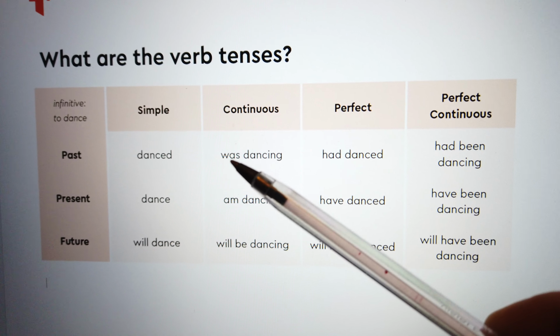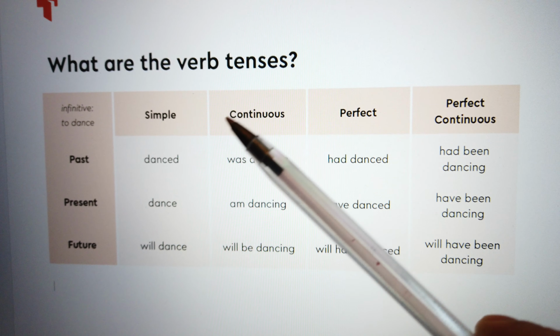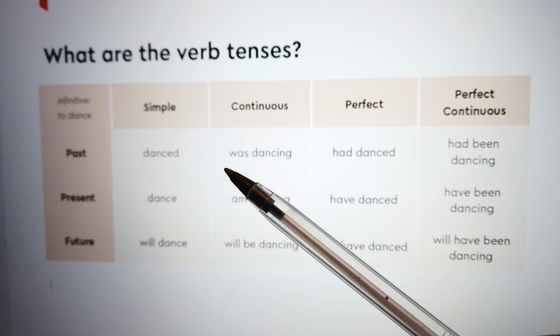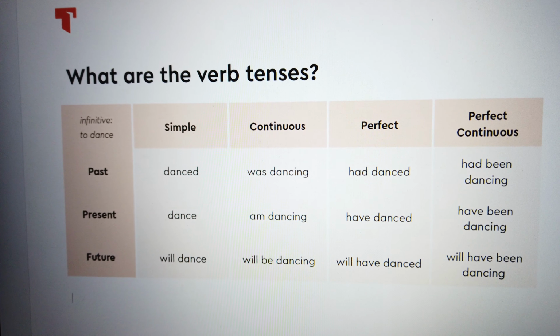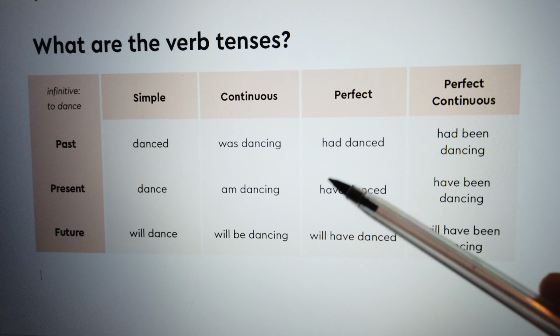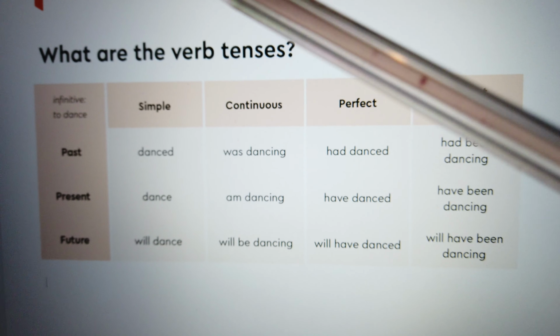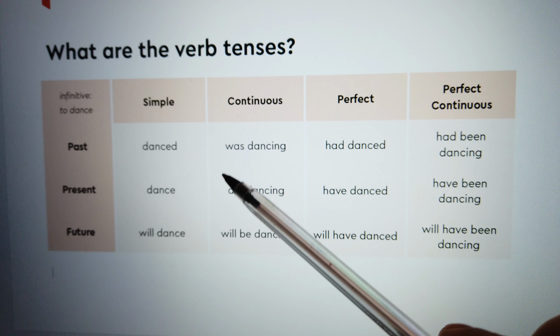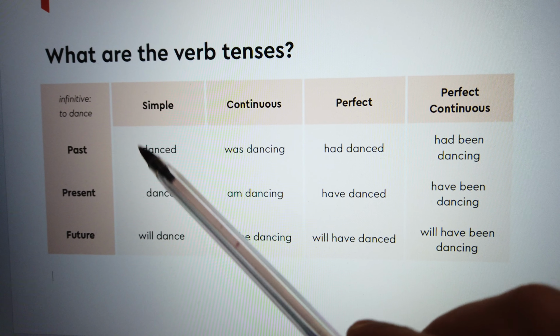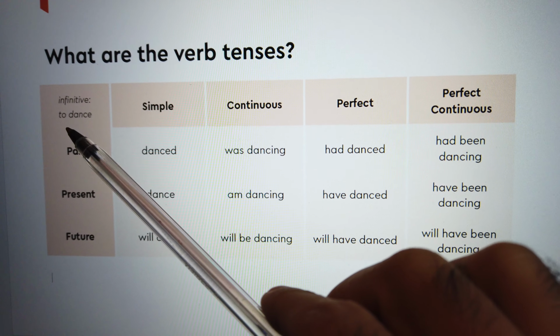So there we have it, the 12 verb tenses. These are known as the 12 verb tenses. Okay, there's many more examples of these. You can find them online, but for the sake of this lesson, we have gone through an example based around the infinitive